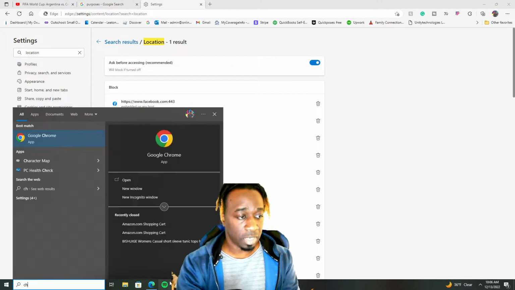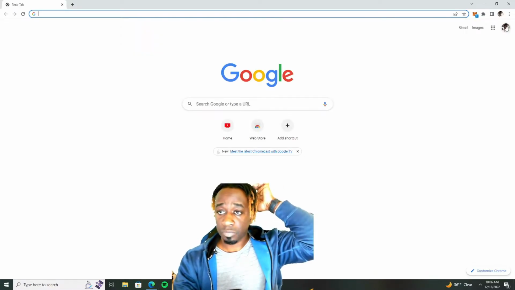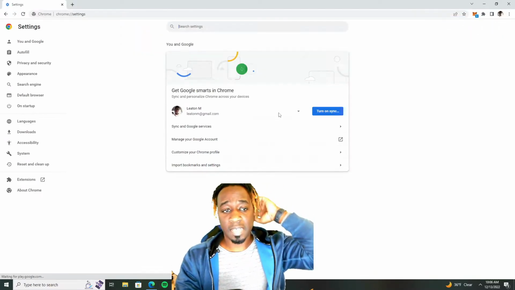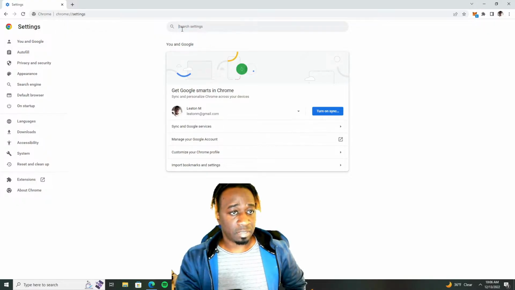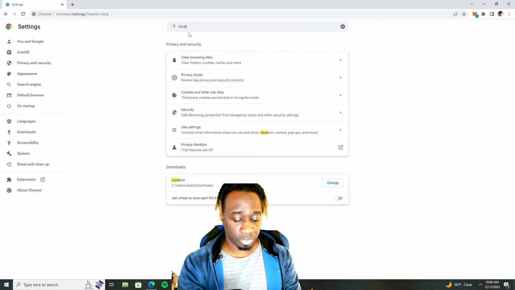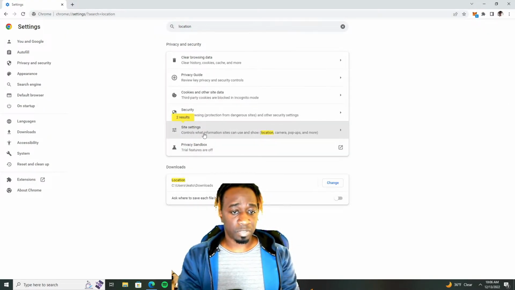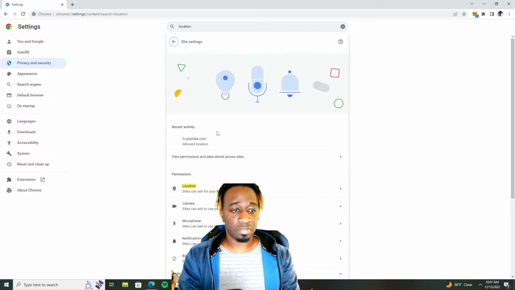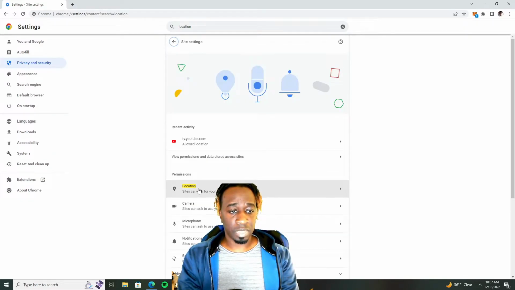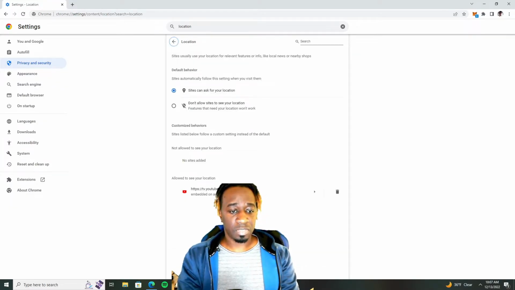Let's show this in Chrome real quick. If I go to Chrome, settings, and again, I'll just search up here location. Here's my location, it's site settings. Click on that, and then here location, right? Right here, locations, we see YouTube TV is allowed. So if I just remove it from here, see how it's not in any of these lists. Also make sure this is not checked like so, but like so.